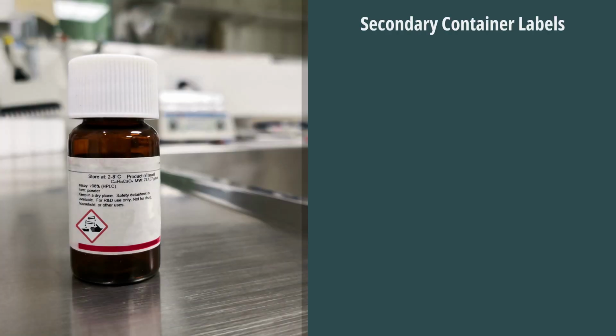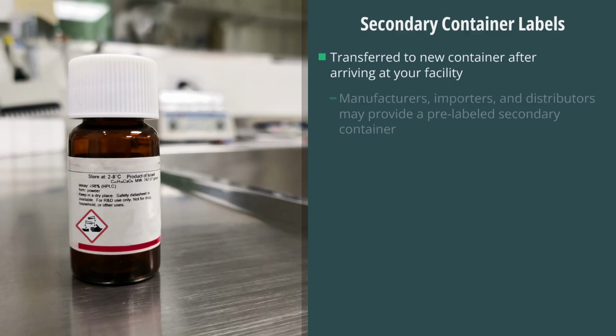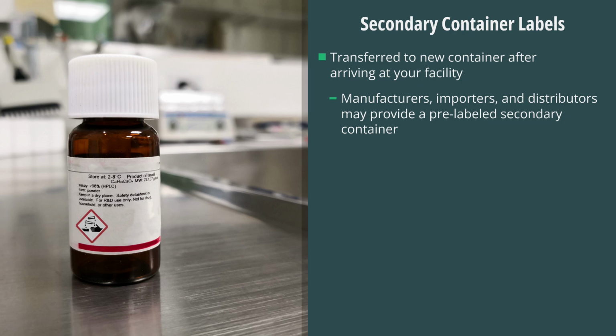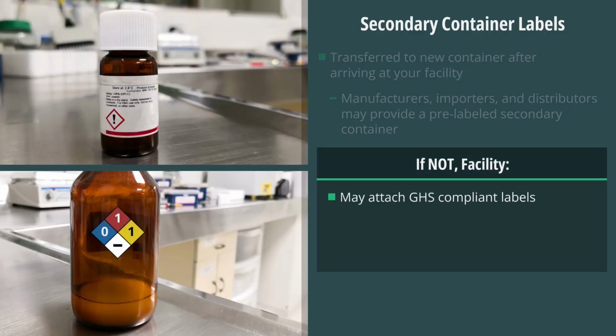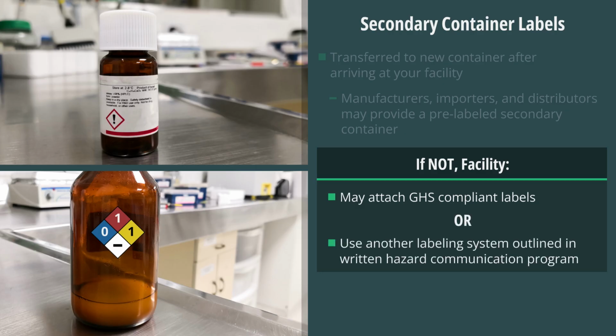The second type of labeling is the secondary container labels at your facility. You will probably find secondary container labels on chemicals that have been transferred to a new container after arriving at your facility. The manufacturers, importers, and distributors may provide a pre-labeled secondary container for this purpose. If not, your facility may attach GHS-compliant labels on your secondary containers, or use another labeling system outlined in your